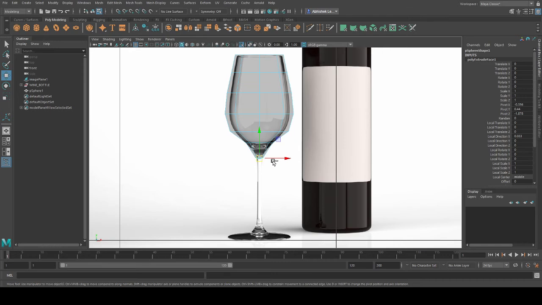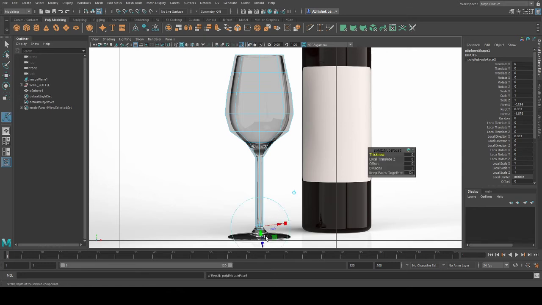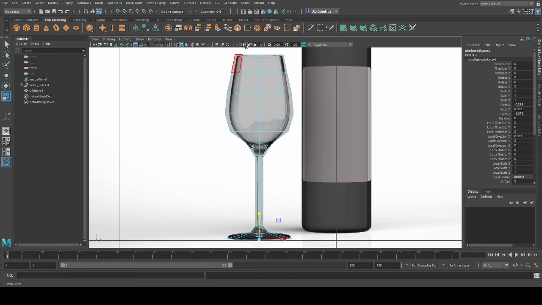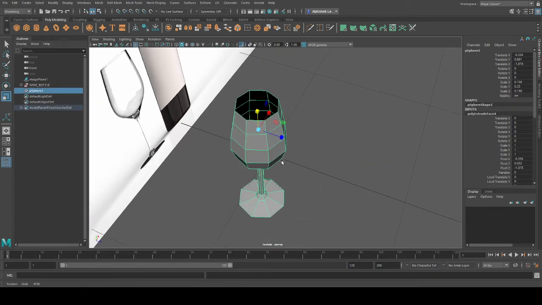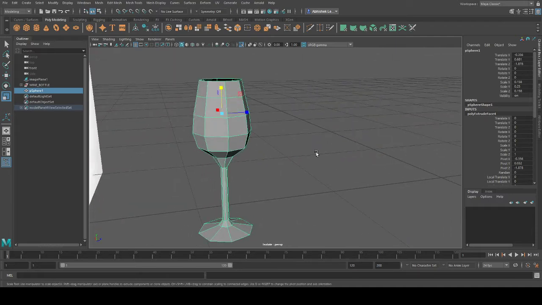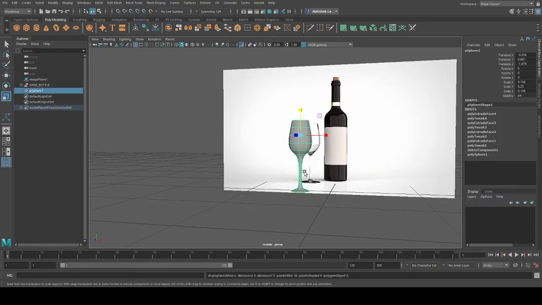Now I'll press Control E again, and I'll take it down. Here now you can see it is opening. Control E. Okay, I'll take it down and open it like this. Again you can see it is opening completely. It is forming a circle. So I'll again press Control E. Simply by extruding I can do it, and just do it like this. Now see, your wine glass is ready. The blocking of the wine glass is ready. Easy, right? There is nothing much in it.